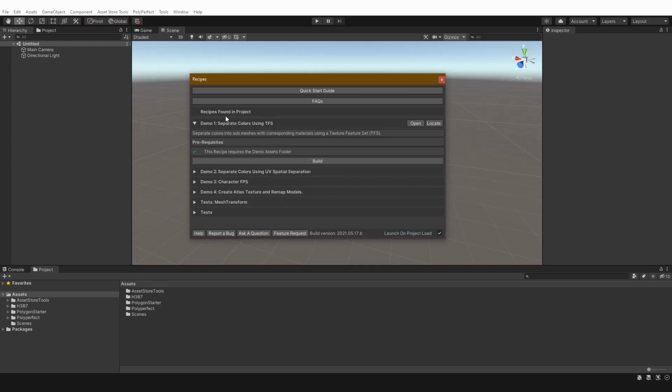Each recipe has a title, a description, and then a set of prerequisites. These are things that must be met before you can build the recipe. In this case, all the prerequisites have been met, hence why we've got build. If they weren't, you'd get a big red cross here, and hopefully we'll see that later on. With these buttons here, we can locate the recipe within the project folder. If we click open,